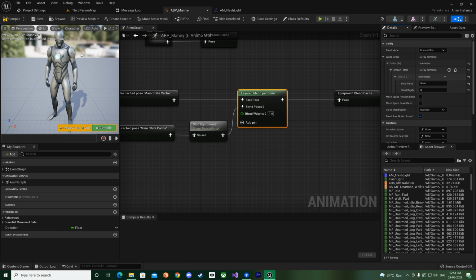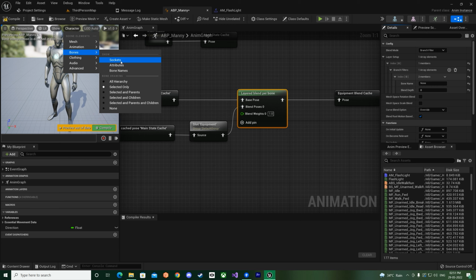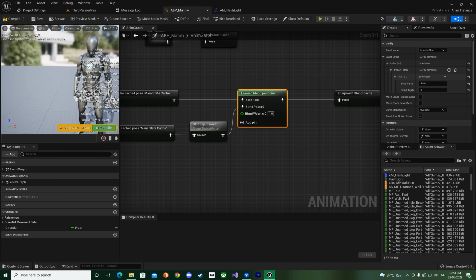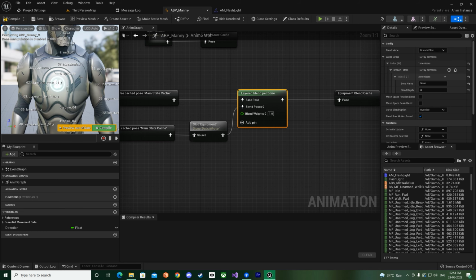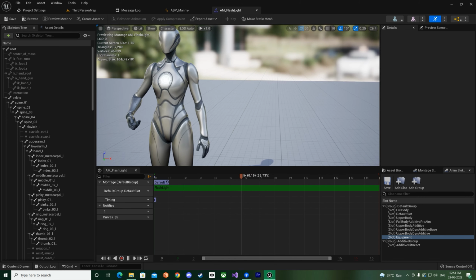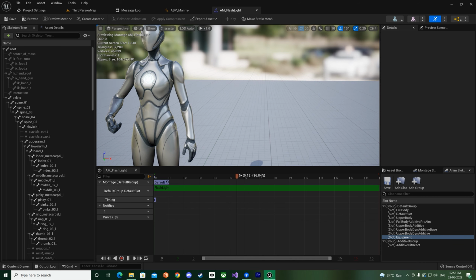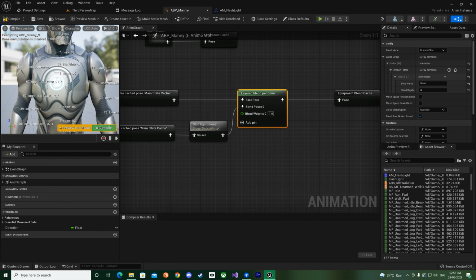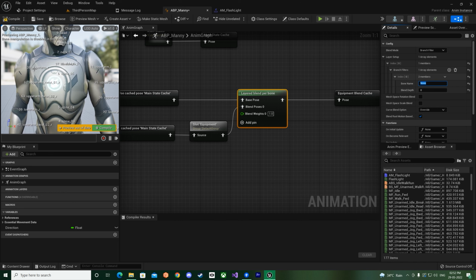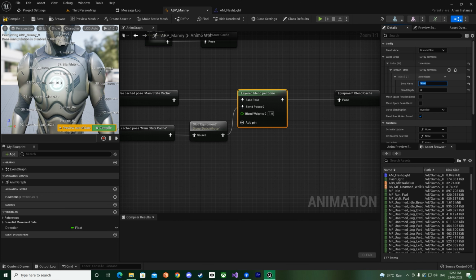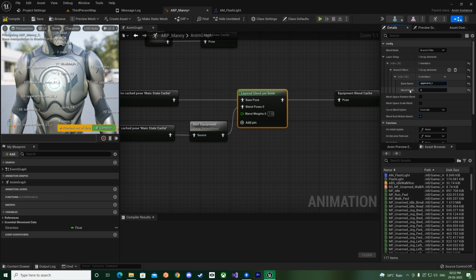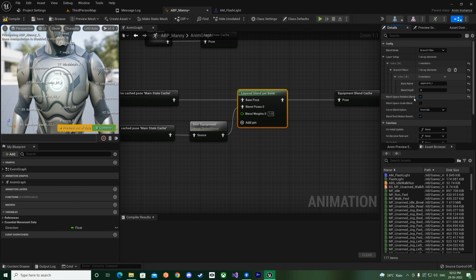To get the bone name, we'll go to character, bones, and bone names. From here we'll know which bone to take. For our montage, as you can see, it's the right hand side of the character, so we'll be using the upper arm R, and we'll put the bone name over here exactly word by word. Don't mistake any upper or lower case, you have to put it exactly how it is. So I'll put it as upper arm underscore R, and for the blend depth, let's start from 0, and I will tell you what it does,